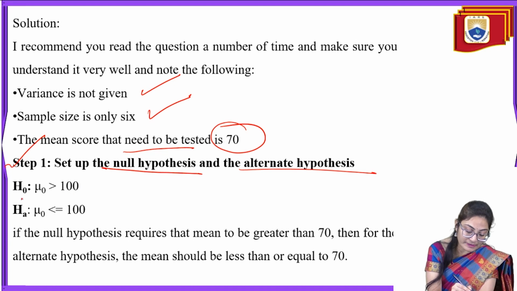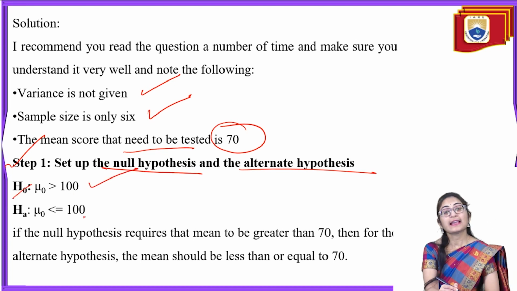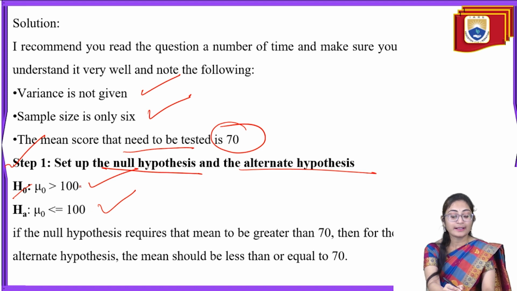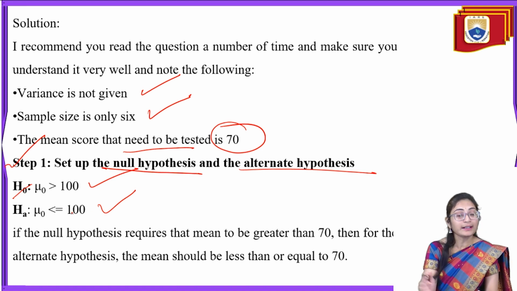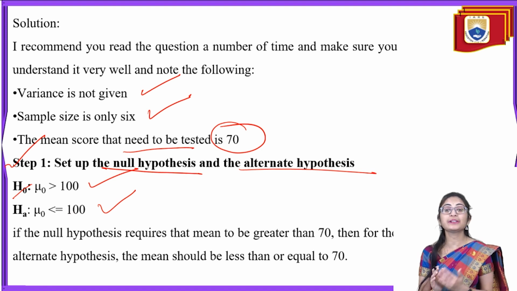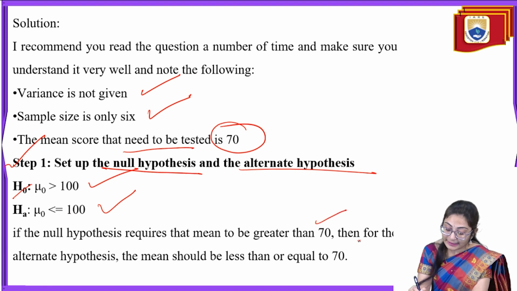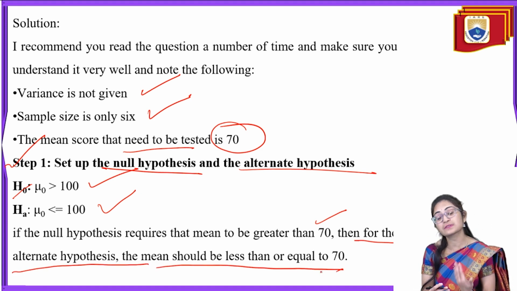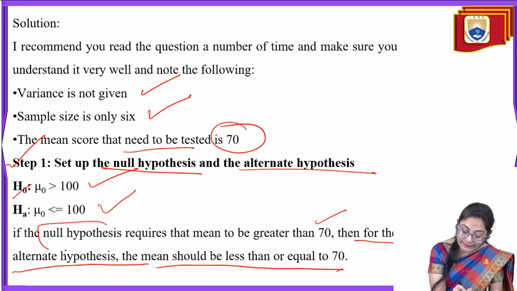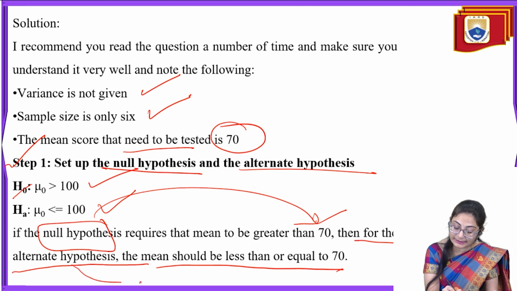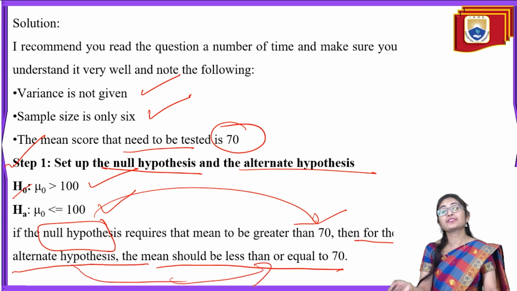Null hypothesis means H naught is the 100 and HA is the less than 100. If the null hypothesis requires the mean to be greater than 70, then for the alternate hypothesis the mean should be less than or equal to 70. If the null hypothesis is required to be greater than 70, then definitely the alternate hypothesis should be less than or equal to